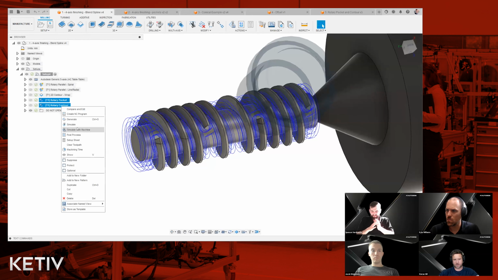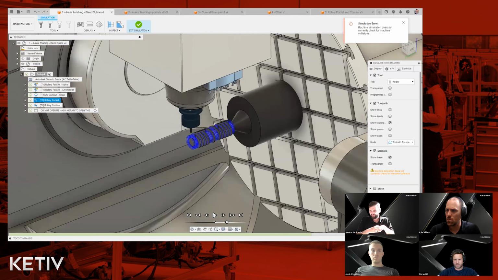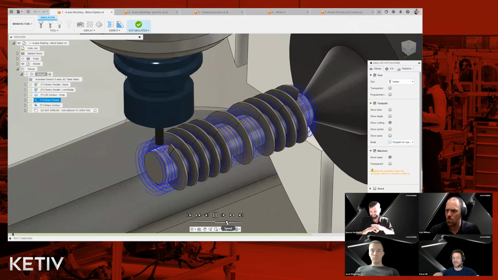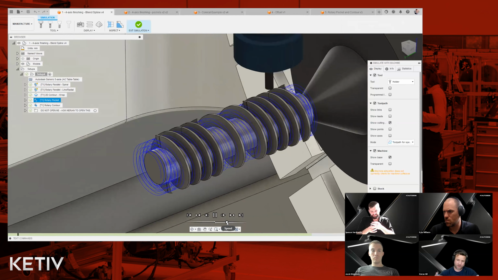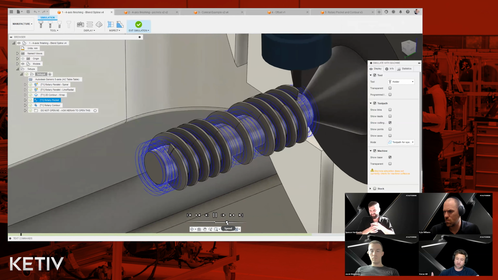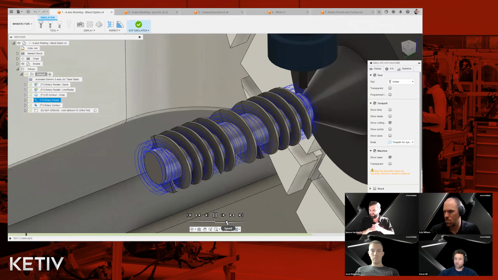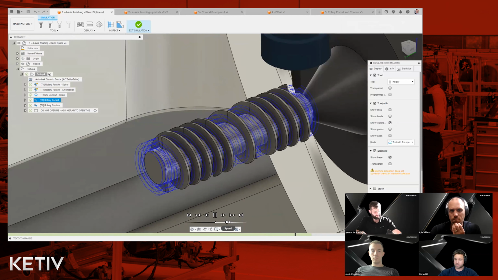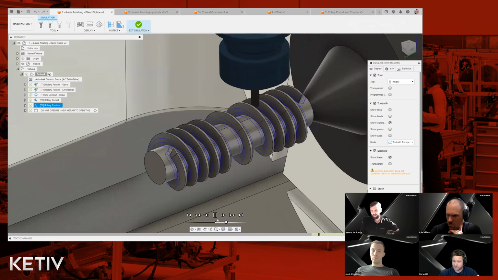and I'm going to simulate the first of these two. As I jump into machine simulation, we nudge the simulation over. The first of these toolpaths, as I mentioned before, is designed to be a roughing strategy. You can see how beautifully the toolpath wraps around the cylindrically feature-rich part, spirals around it, and roughs it out. When we finish roughing it out, if I speed up the simulation, we then move on to the rotary contour strategy, which is specifically designed to be